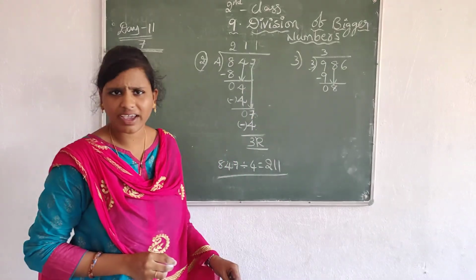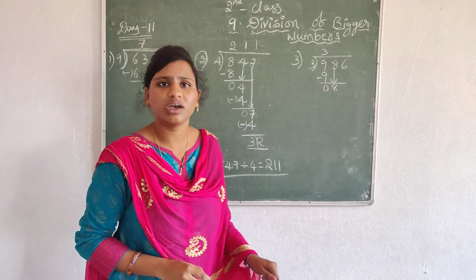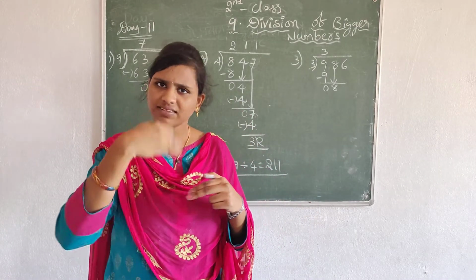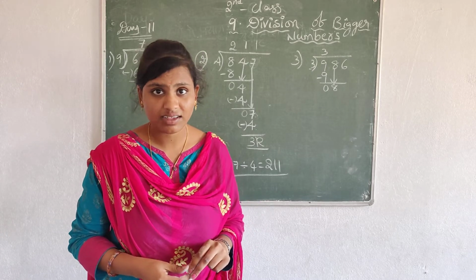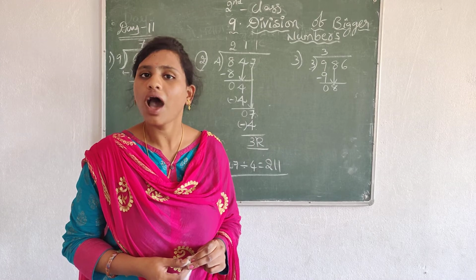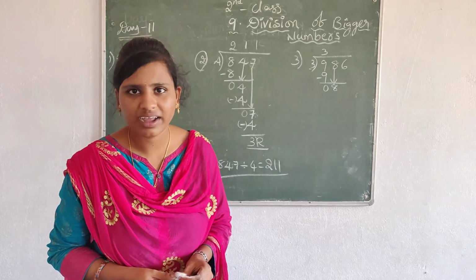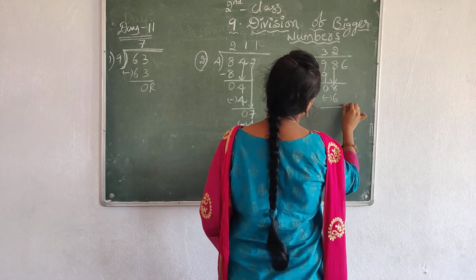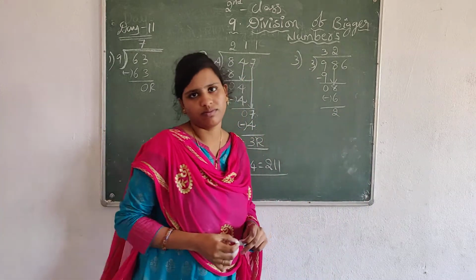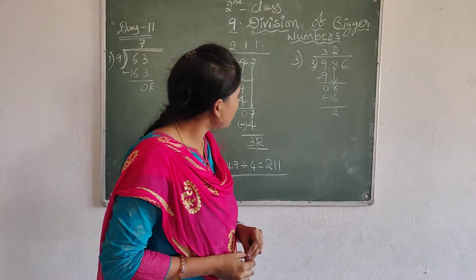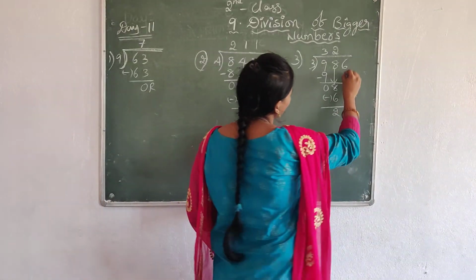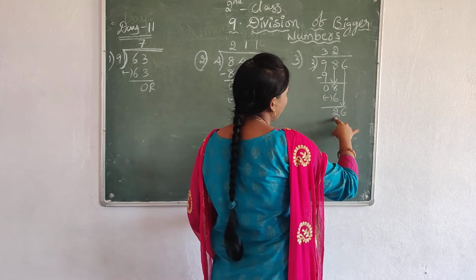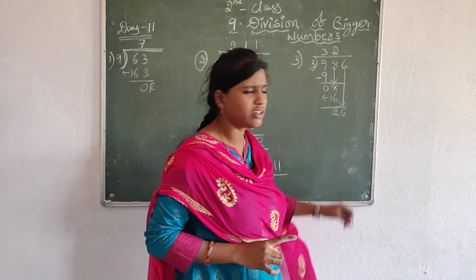Let's see, 3 is cancelled in 8? No. Which number will be cancelled? The numbers before, right? Before 8 is 7. Before 7 is 6. 6 is cancelled in the 3 table? Yes. How many times? 3 2s. Let's take 2 here and write down the 6 here. Let's subtract both numbers. You will get 2. 8 minus 6 is 2, right? Let's see. We have one more number, that is 6, and write it down here. 3 is greater than 2. That's why we took another number.